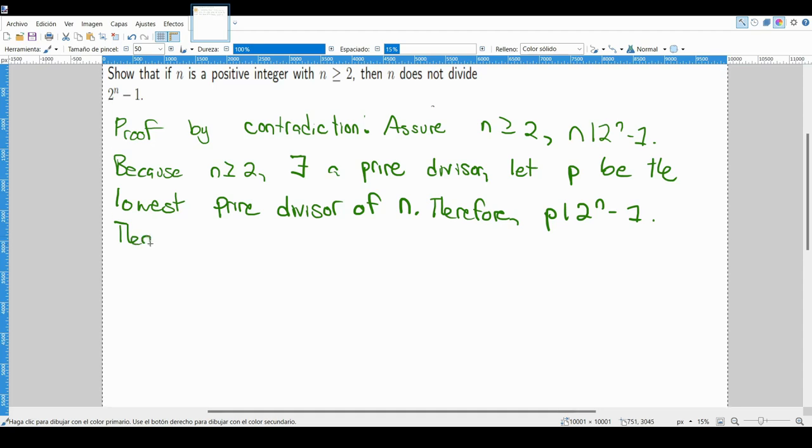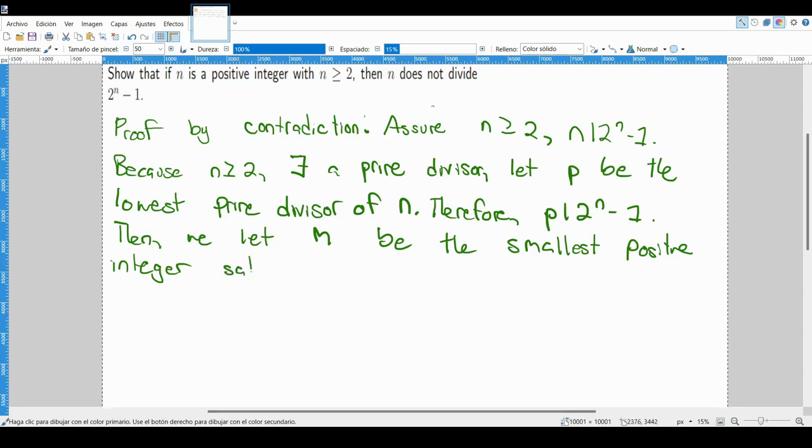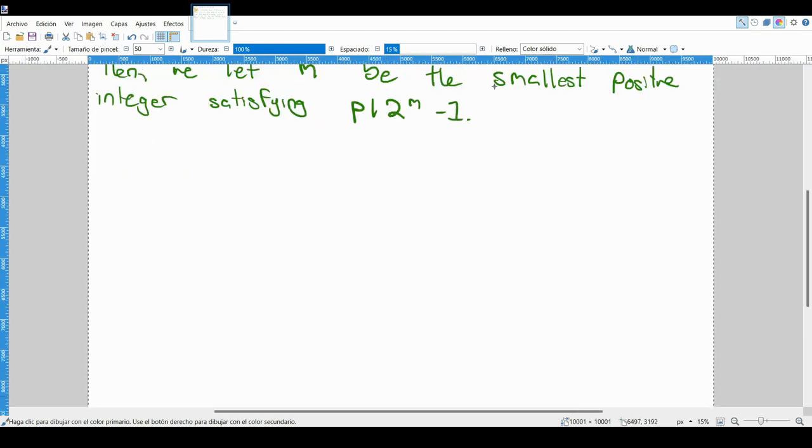Then we let m be the smallest positive integer satisfying the property that p divides 2 to the m minus 1. We know this value exists because we know that p divides 2 to the n minus 1. So it'll either have a lower value, m, such that this is satisfied, or this n here will be the lowest value. All right, to continue,